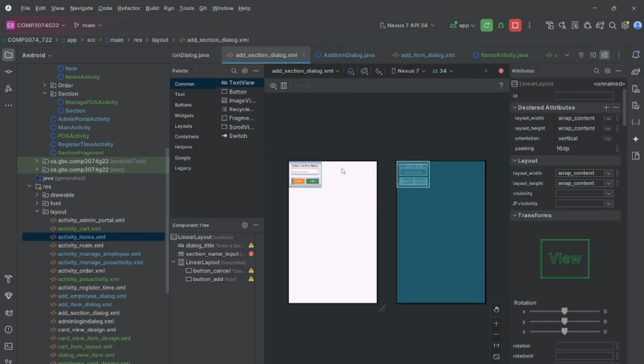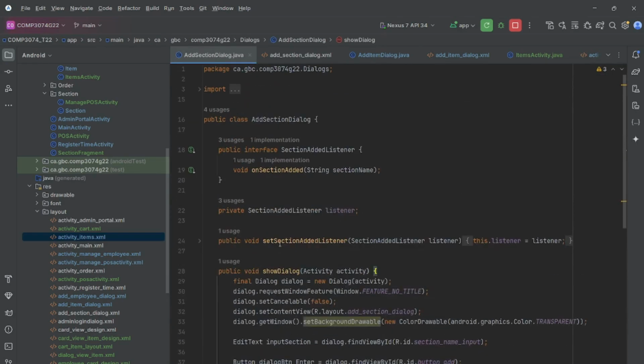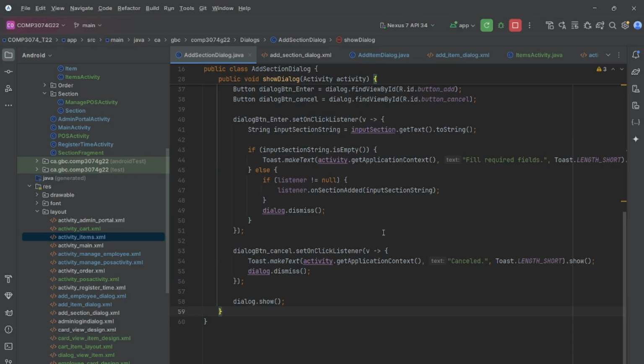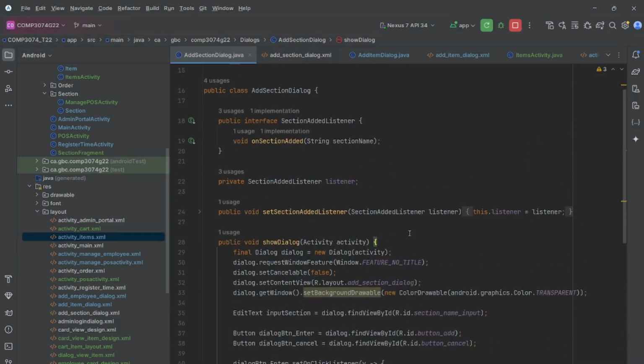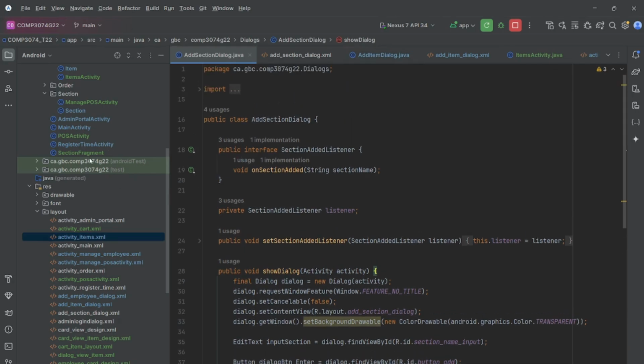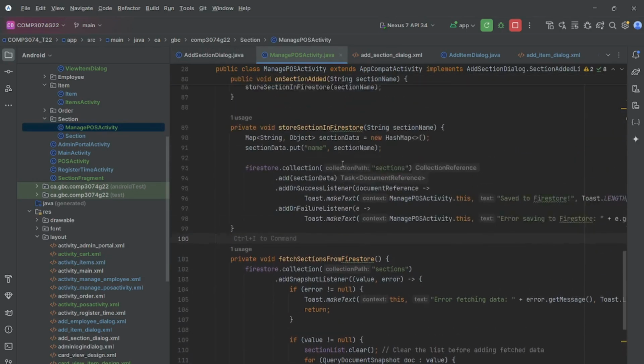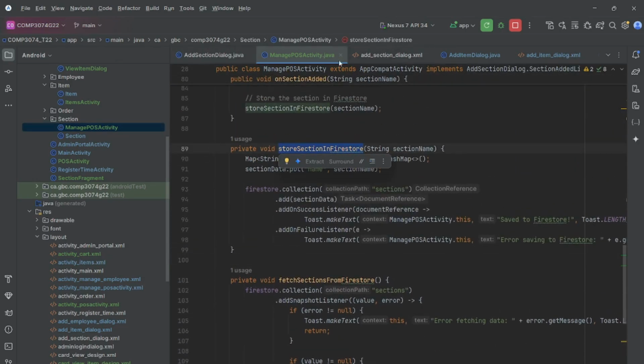This is the dialog box for adding a section, and this is the Java side. We need to provide a section name over here, and it will pass the data to the listener, and the listener will be passing data to another class for adding the data, which is in the manage POS activity. So we are storing the section in Firestore. After that,